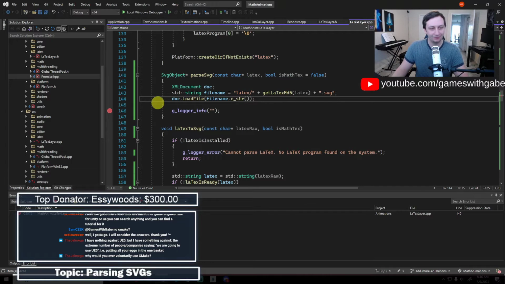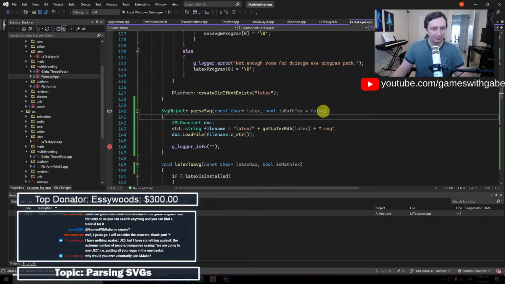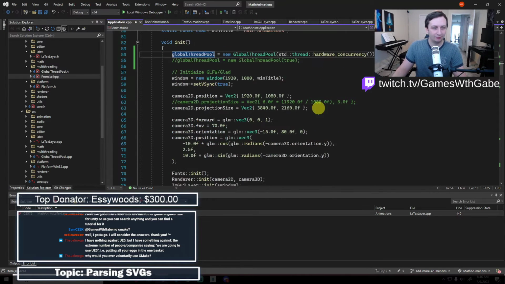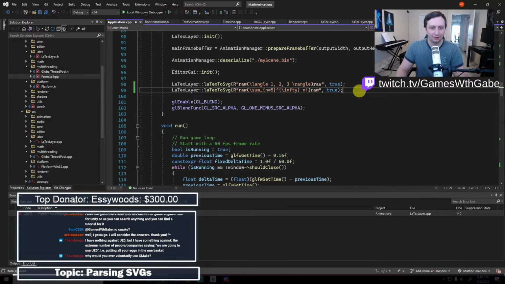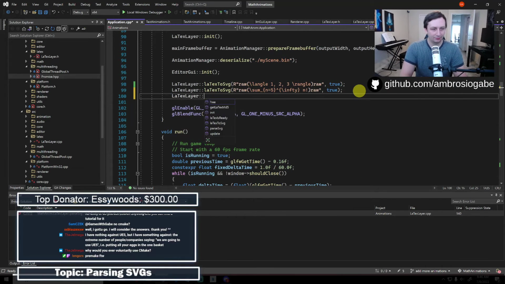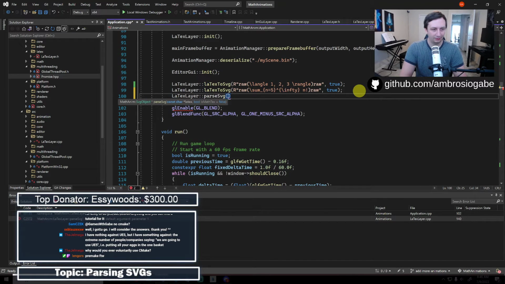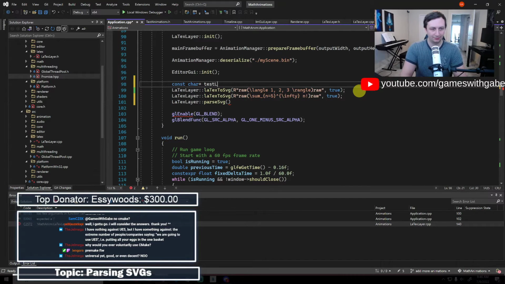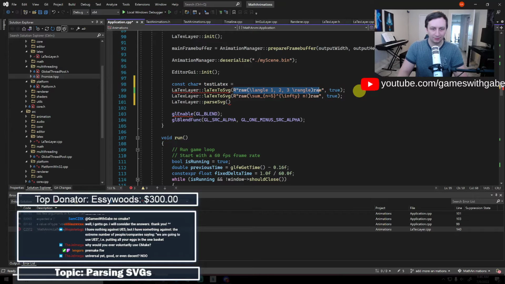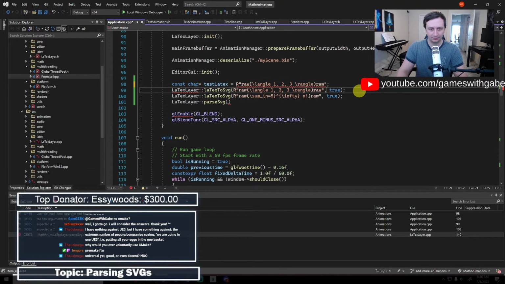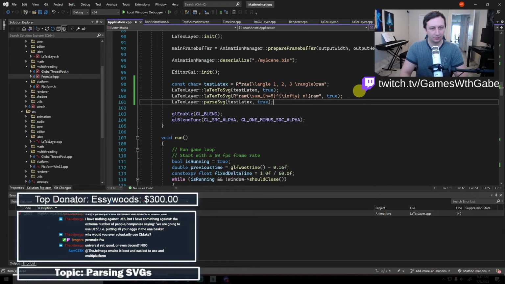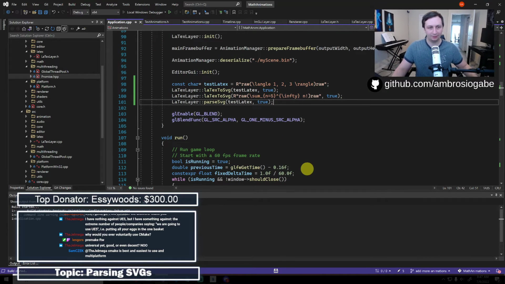So yeah. Okay, so load file. What is this saying? Oh, yeah, we don't need that there. And I also need to call this function. So let's go ahead. We will say after that, let text layer parse SVG. And we will give it, let's just do this too, test equals that. And we'll go over here. That's good. Cool. Okay, so we'll do that. We should hit that breakpoint now, and then we can kind of go through.